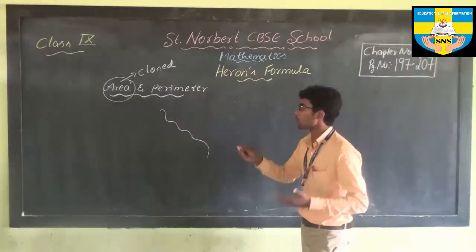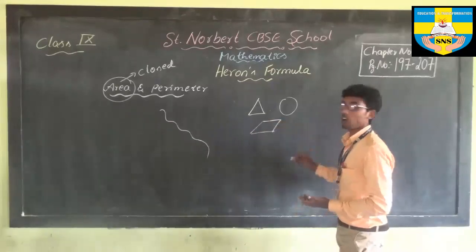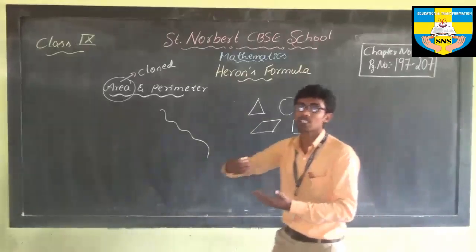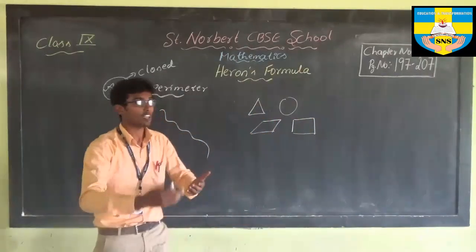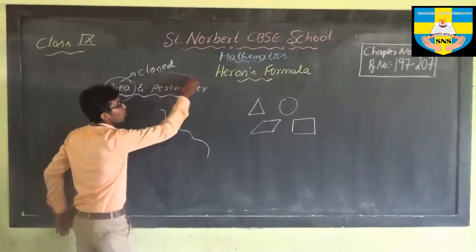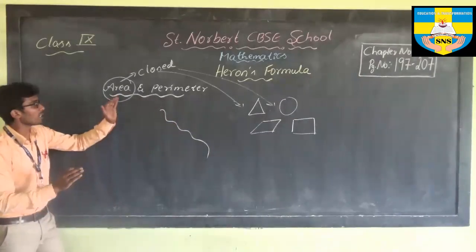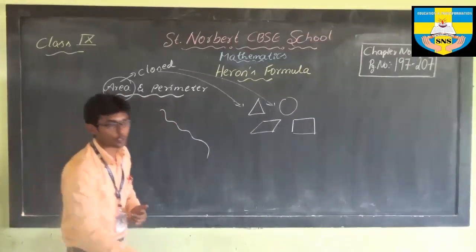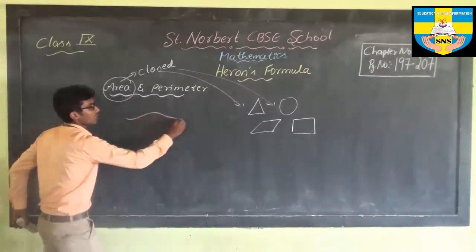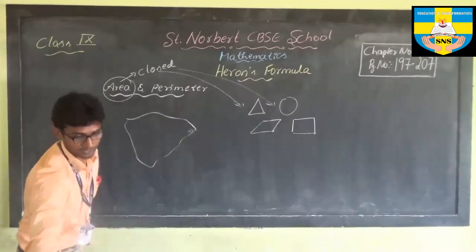Like you studied many objects like triangle, circle, parallelogram, or even rectangle. There are many other objects you studied in your previous classes, pentagon, hexagon, there are many. All those things we can calculate area. The first reason, all these objects are closed figures. Do you understand? When it is area, it is not possible to calculate for a curve. We can calculate it for the closed figure. The same curve, if it is closed in this way, you can calculate the area of this figure.